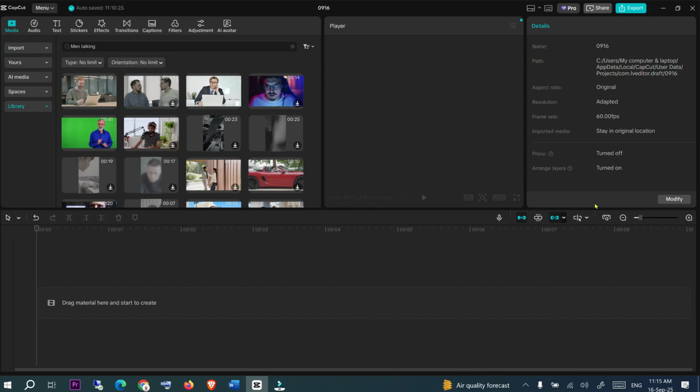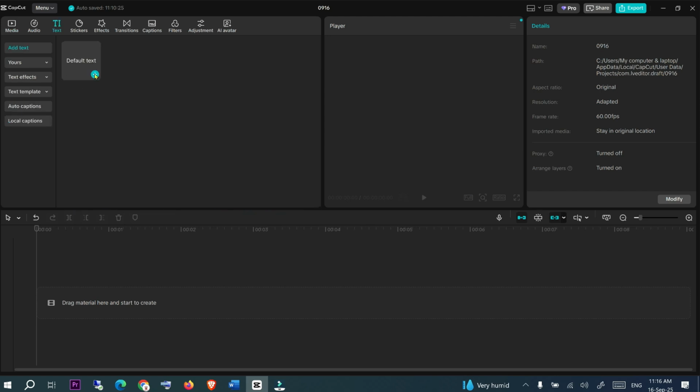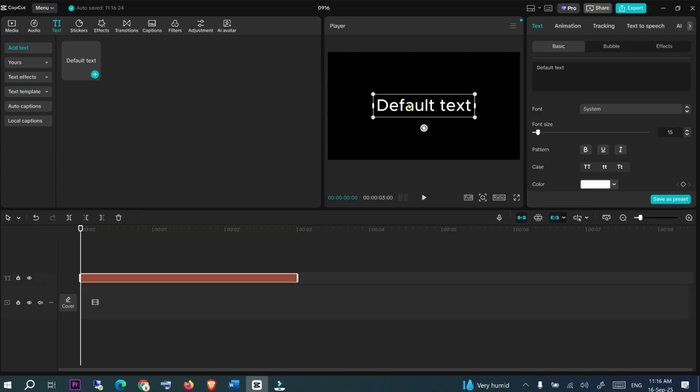How you can change the font in CapCut PC. First you need to click on the text icon on the top menu bar and then click the plus icon and type the desired text on the right side,